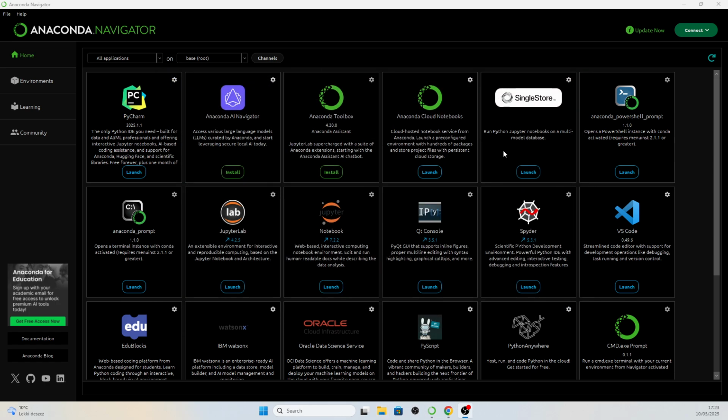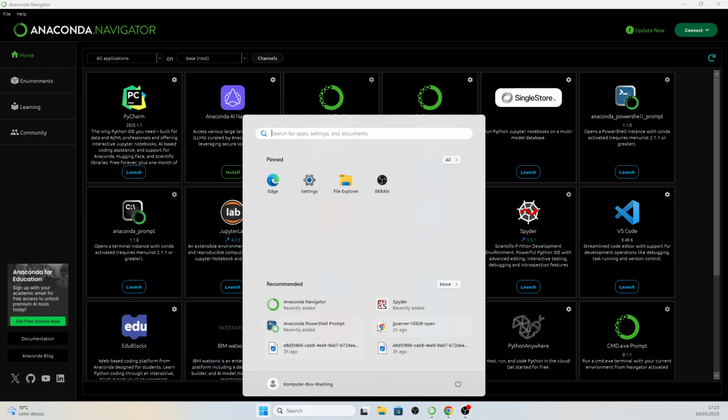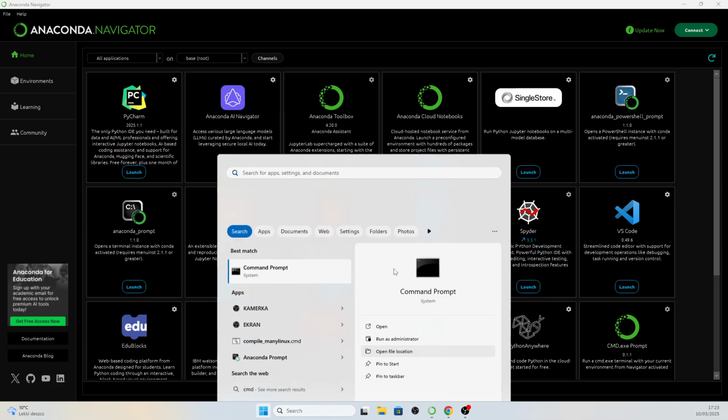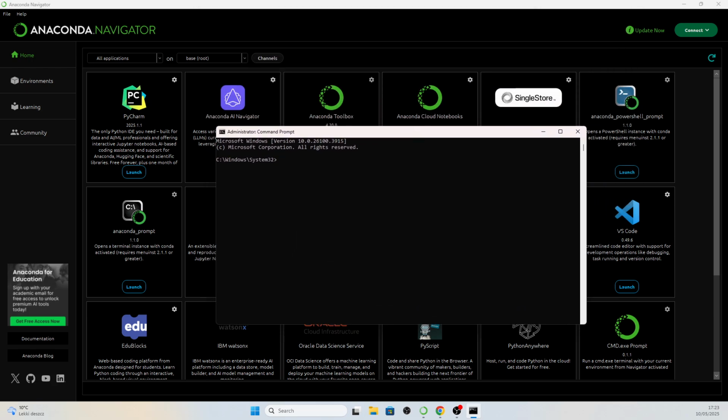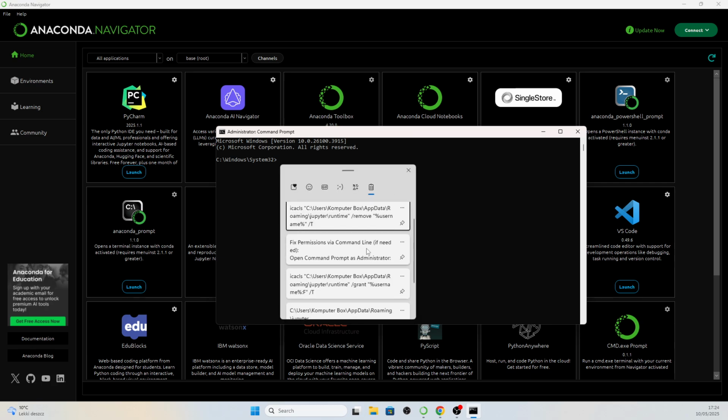And it's the best way to do that. So just open the Start menu, find here CMD and run it as administrator. Cool. And here we should input